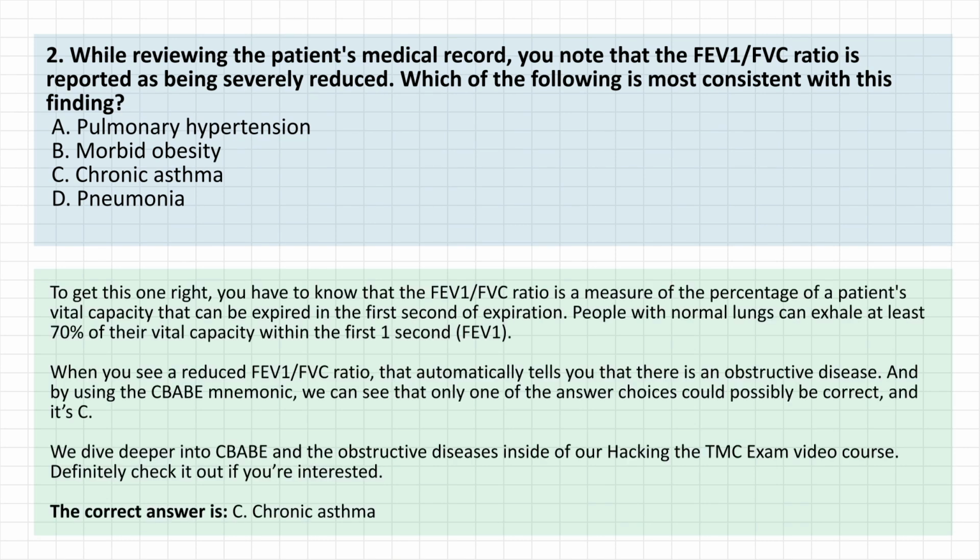Chronic asthma. To get this one right, you have to know that the FEV1 to FVC ratio is a measure of the percentage of a patient's vital capacity that can be expired in the first second of expiration. People with normal lungs can exhale at least 70% of their vital capacity within the first 1 second, which is the FEV1. When you see a reduced FEV1 to FVC ratio, that automatically tells you that there's an obstructive disease. And by using the CBABE mnemonic, we can see that only one of the answer choices could possibly be correct,